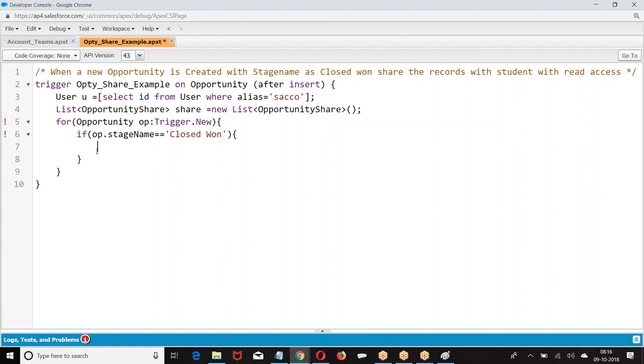Now, if stage name equal to closed one, then I was supposed to create opportunity share.